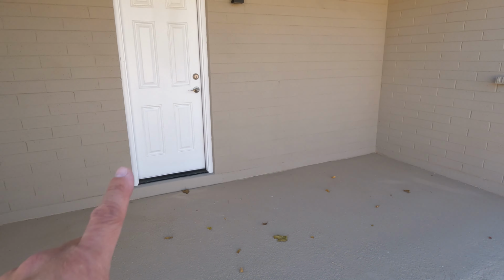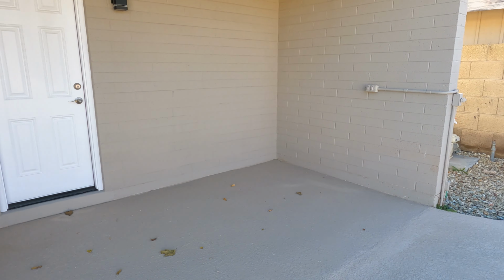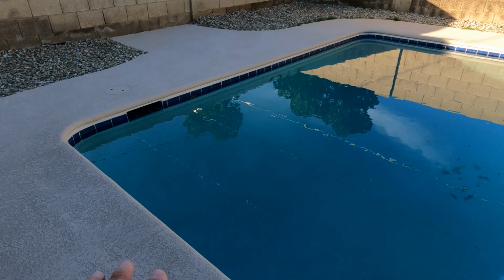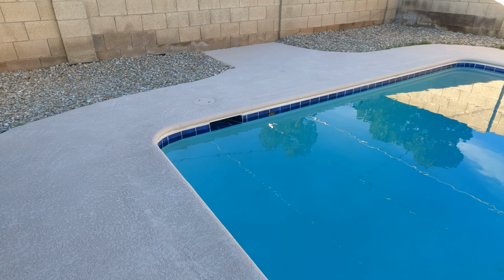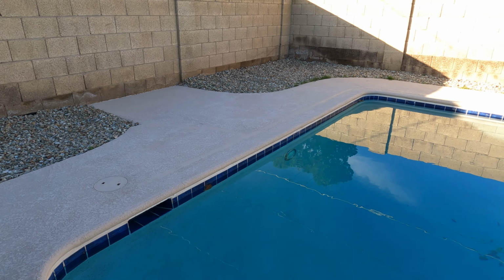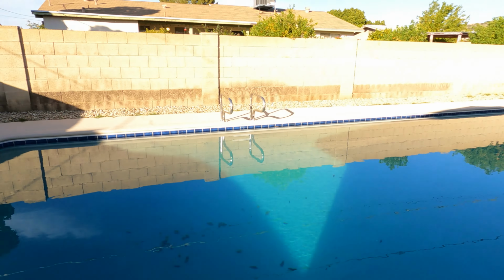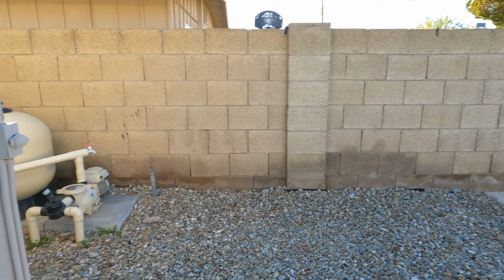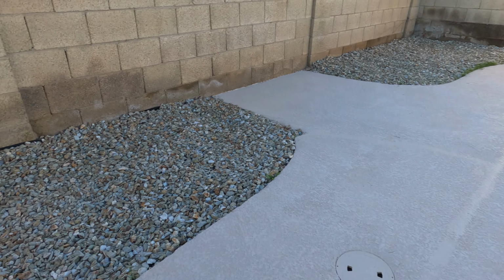And again, this is the primary bedroom. This was that covered area. So this was basically nothing here. So we redid everything. All the cool decking, the concrete was all done. Obviously everything inside the pool, but all the plumbing and electrical was also updated. Because the panel was new, you can see the conduit here. We brought all brand new electrical circuits back here, including for the pool light, and